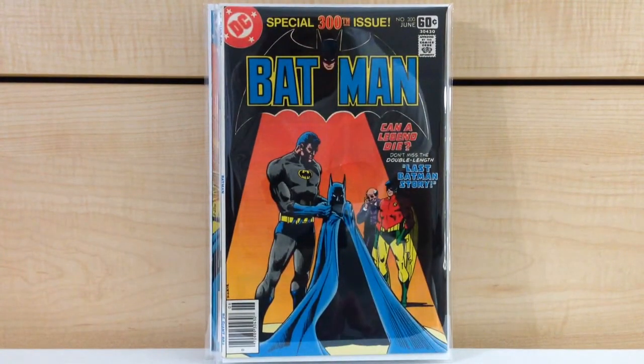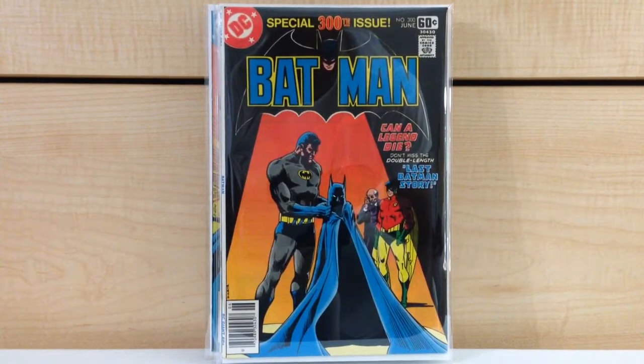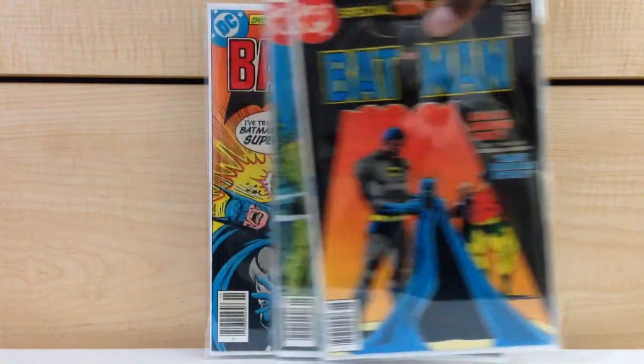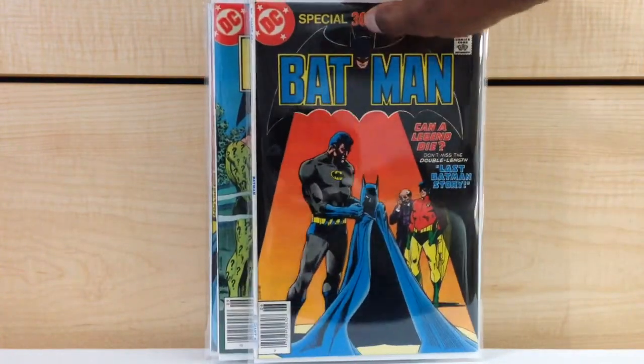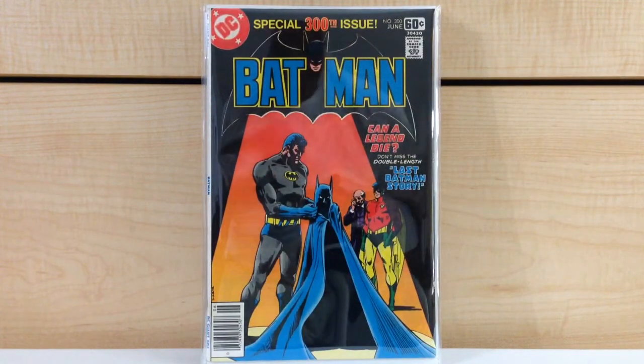Batman 293. Batman 300, a landmark issue, I guess. I think maybe a $25 book or something like that. I was fortunate enough to pick these up at a store where I was able to get these for less than $10 a piece, for like way less than that. So very happy. Also, I got from there